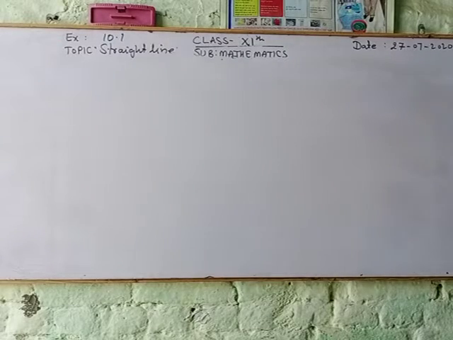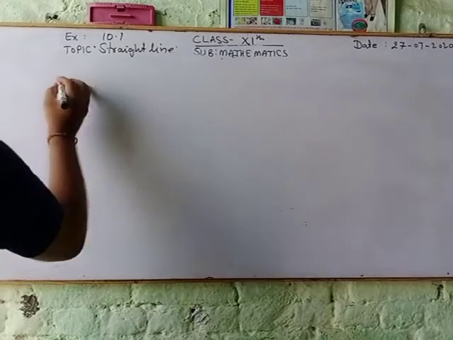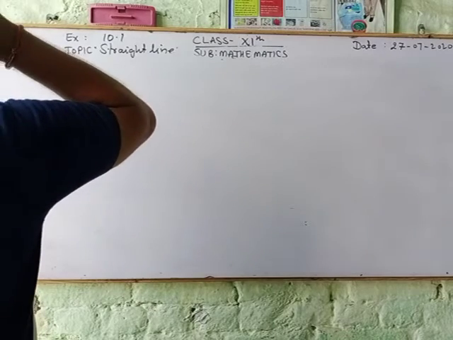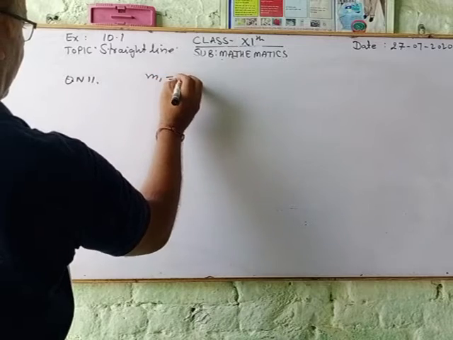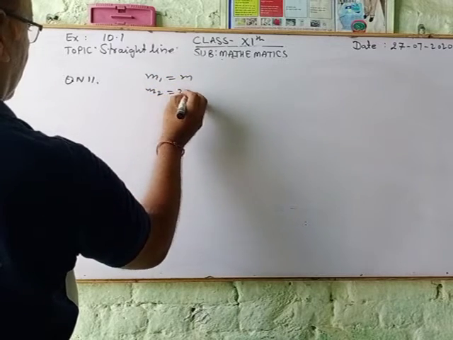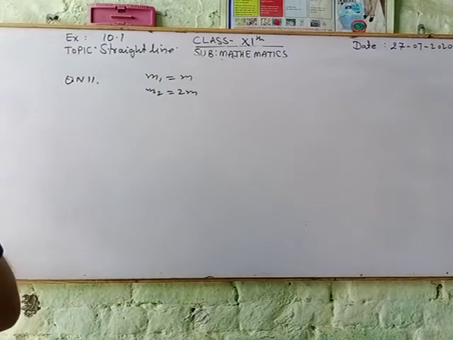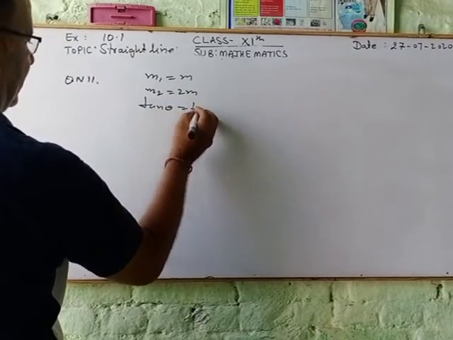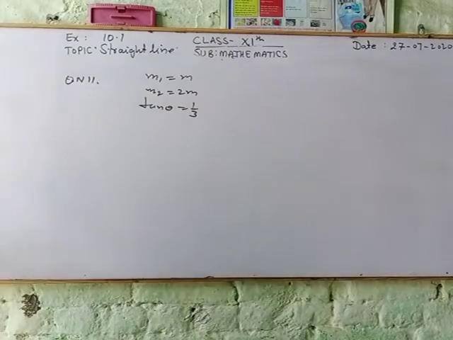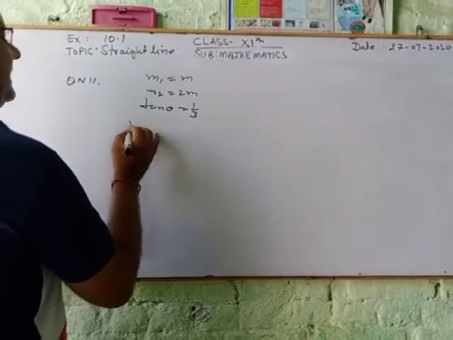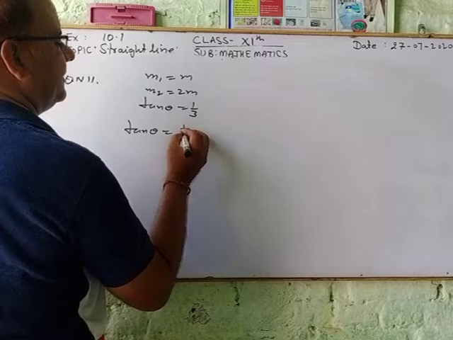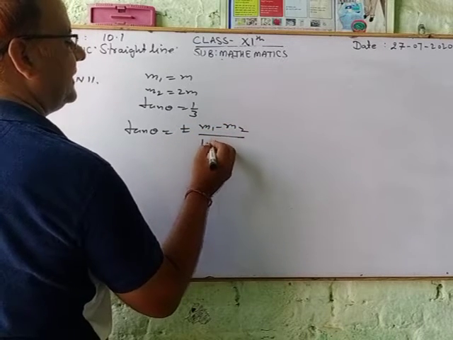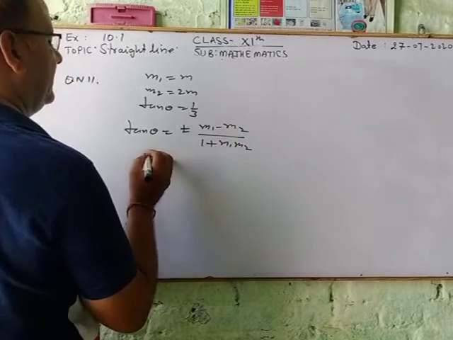Students, we are taking question number 11. The slope of one line is double that of the other, so m1 equals m and m2 equals 2m. The tangent of the angle between them is tan theta equals 1 upon 3. Find the value of m. So tan theta equals plus minus (m1 minus m2) upon (1 plus m1 m2), that is 1 upon